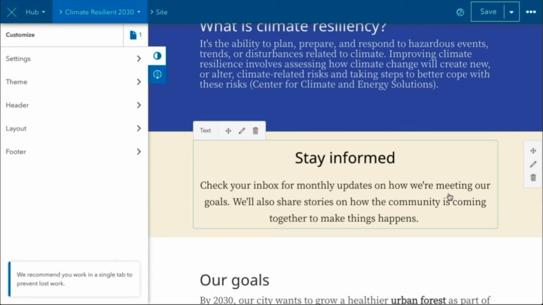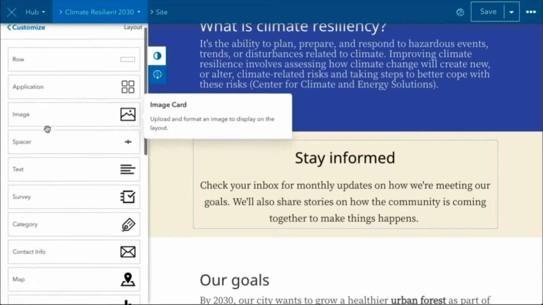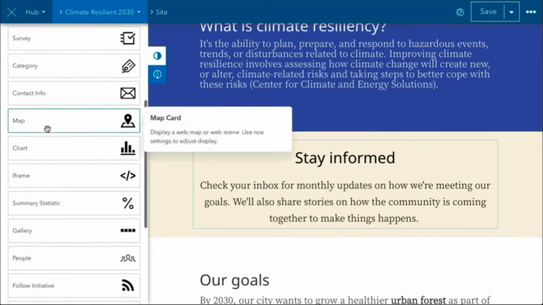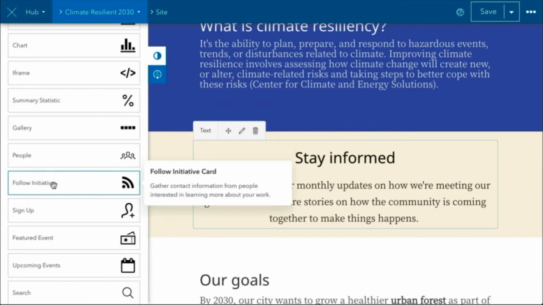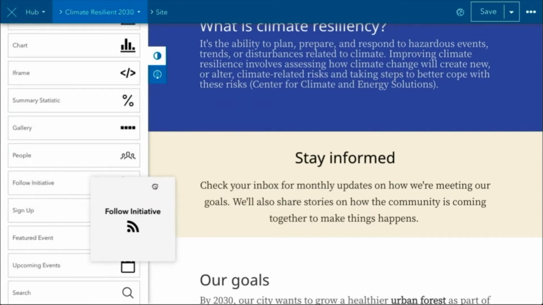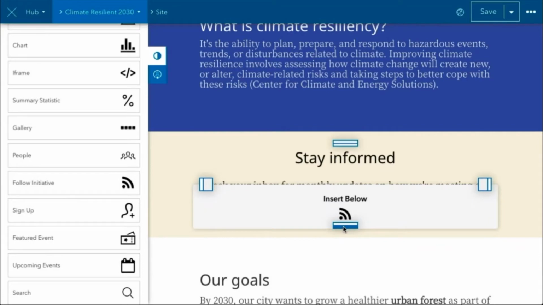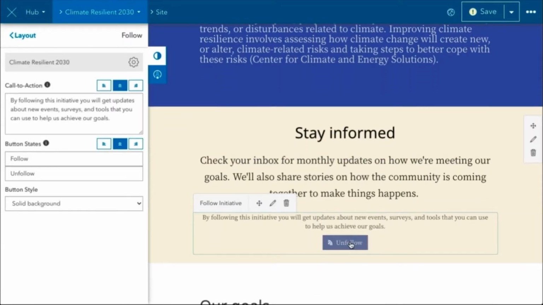So to place the button here, over on my side panel, I have these root options to set settings for my site, set its theme, add components to the site's header, and layout is where I have access to all of the site building components that I can use simply by dragging and dropping them into place. I want to use the follow initiative card, so dragging and dropping that into place here, I've added the follow button. It comes with some default copy to help you get started, but since I have my own,